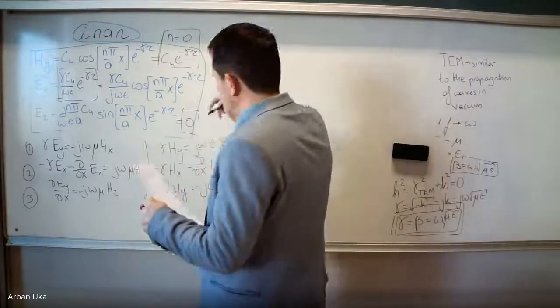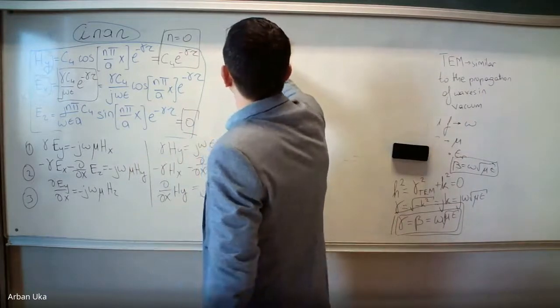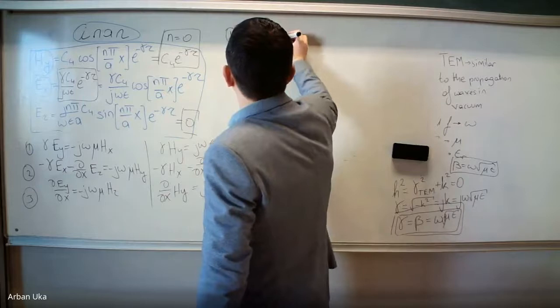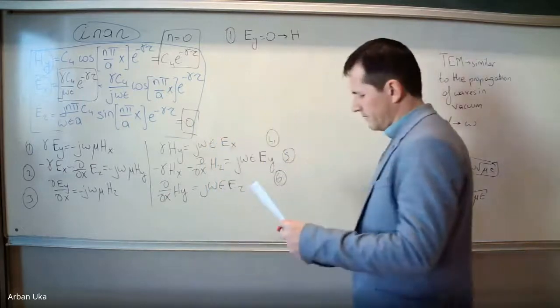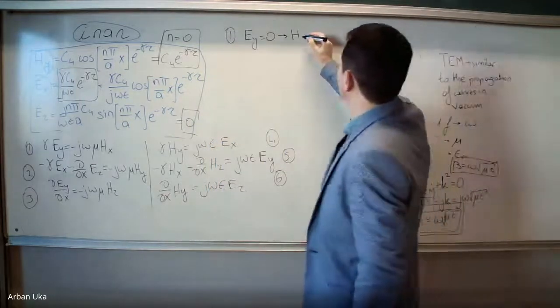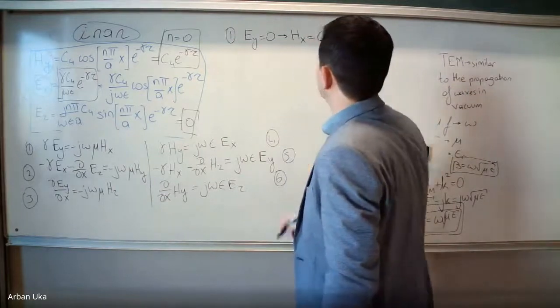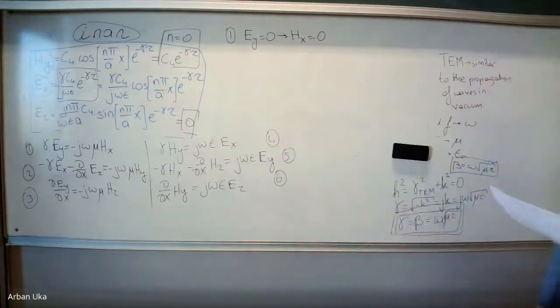But the moment that Ey is equal to 0, what does this imply? If Ey is 0, we get that Hx is 0, right? Based on the first equation. Now, this means that